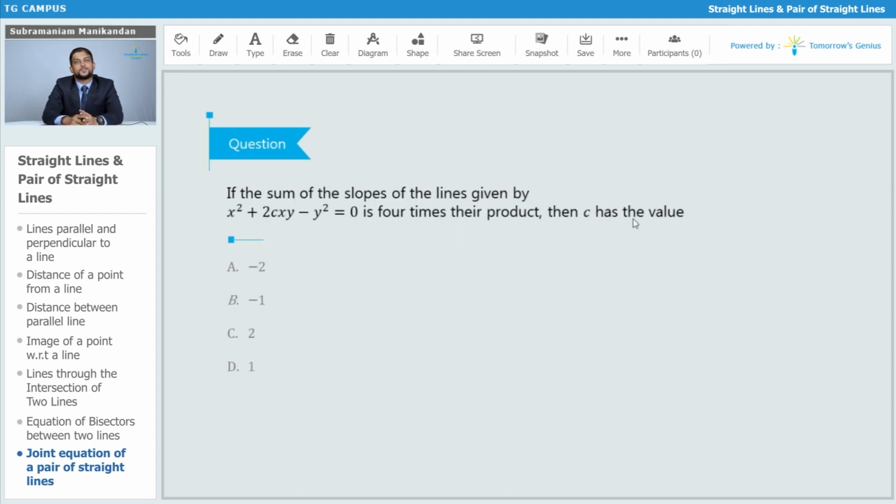Let's do one more question on this method. If the sum of the slopes of the lines given by x square plus 2cxy minus y square equals 0 is 4 times their product, then c has the value. Which of these values? That is minus 2, minus 1, 2, or 1. So again,